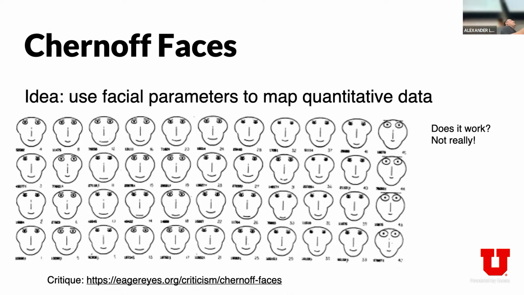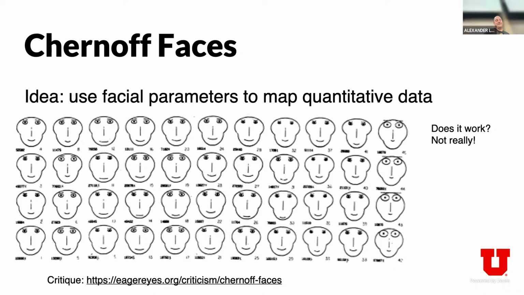And the theory that he had is human beings are kind of evolutionarily trained to recognize faces, right? So we can tell apart whether somebody has narrow eyes or wide eyes, or is smiling or not. And so the theory was, let's just take these attributes of a face and take a data vector and encode them. And so, for example, now let's suppose we have,